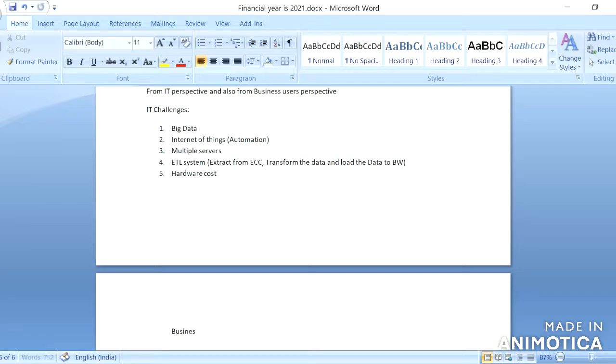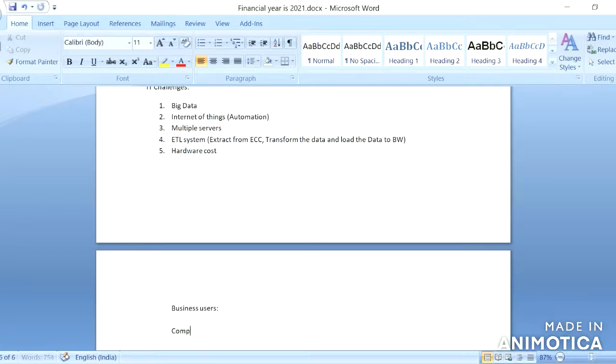So the main challenge for business users is the complex screens which they use in the present system.